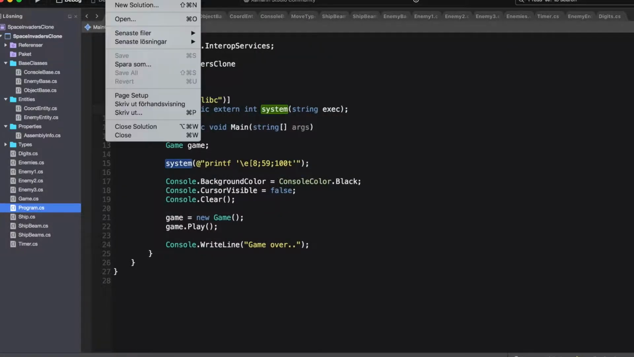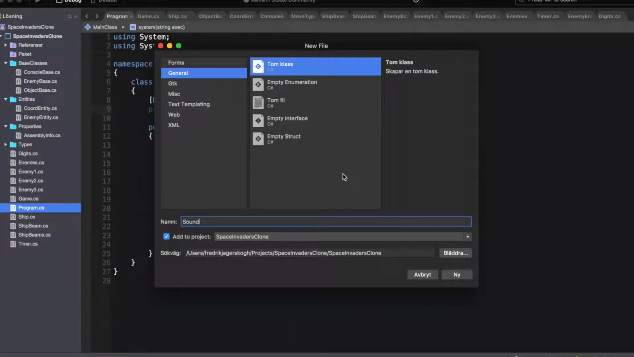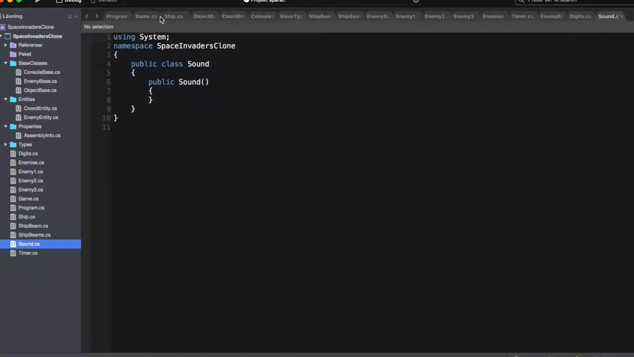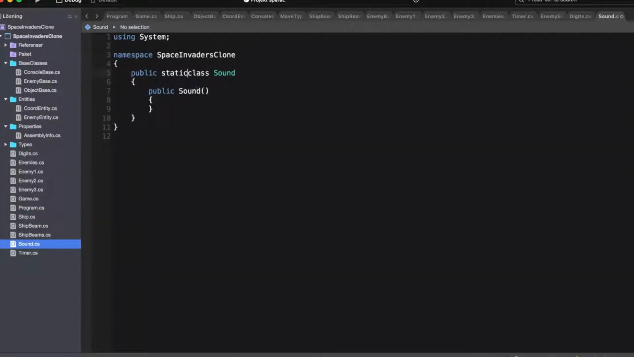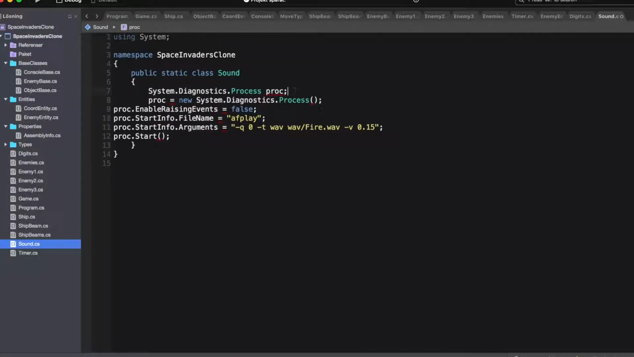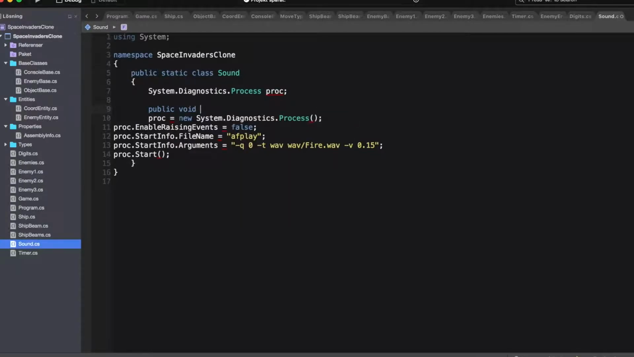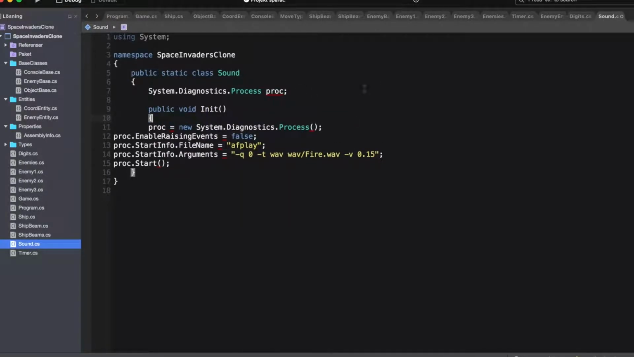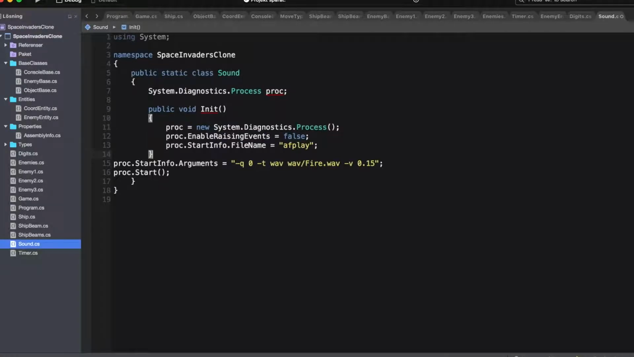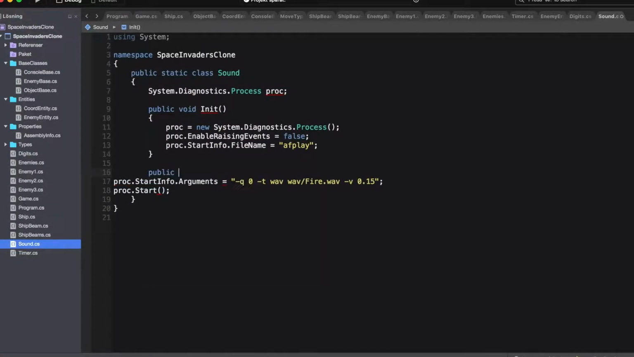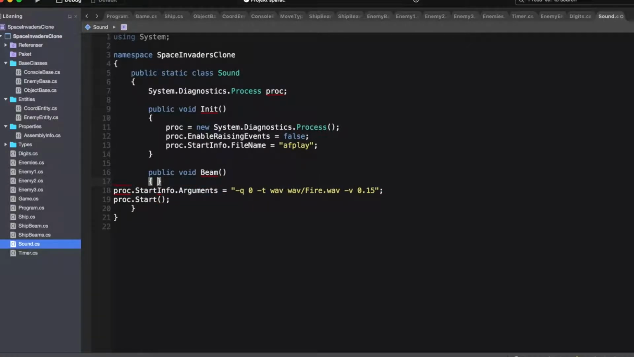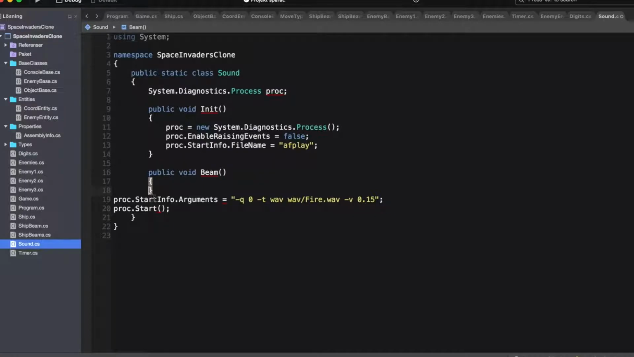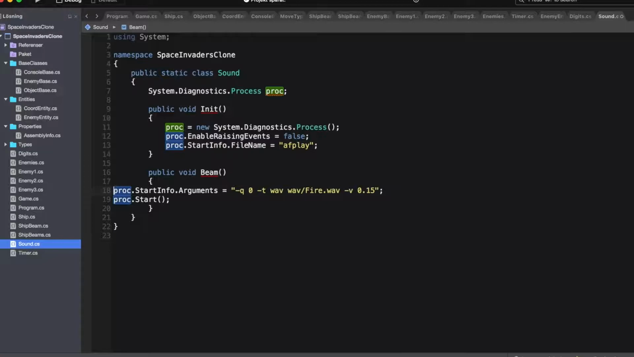So let's add a sound class. The sound class I will also make static, so we can reach it from everywhere. We delete the constructor and just paste the code in here. It will contain, of course, a private variable proc. We create a public init function, which instantiates it and sets the enable raising events and the file name to afplay. And then we create a public void beam method that will actually play the sound